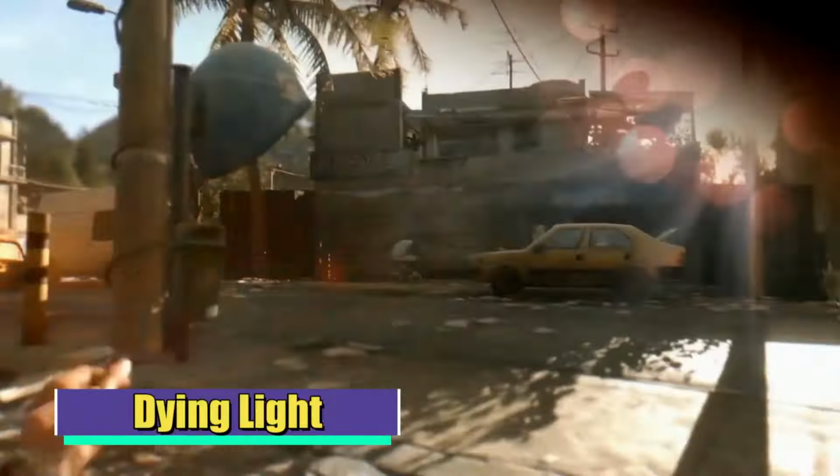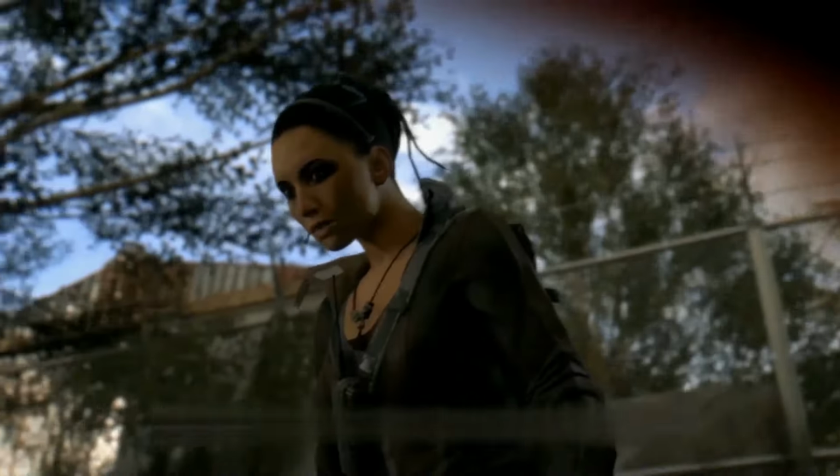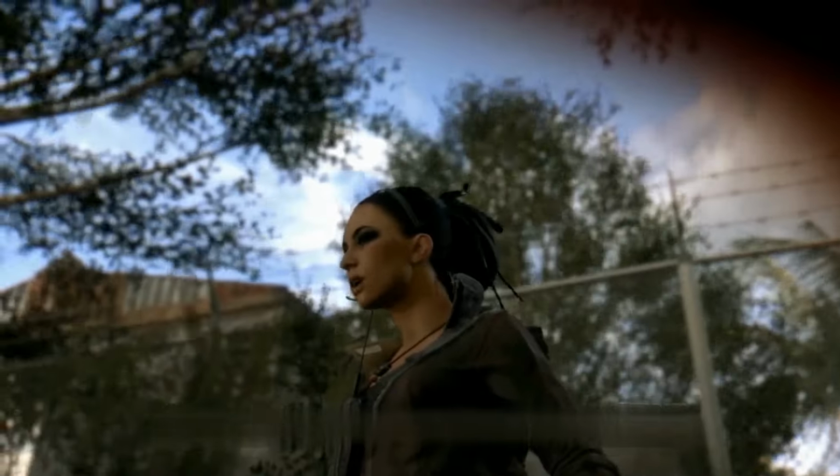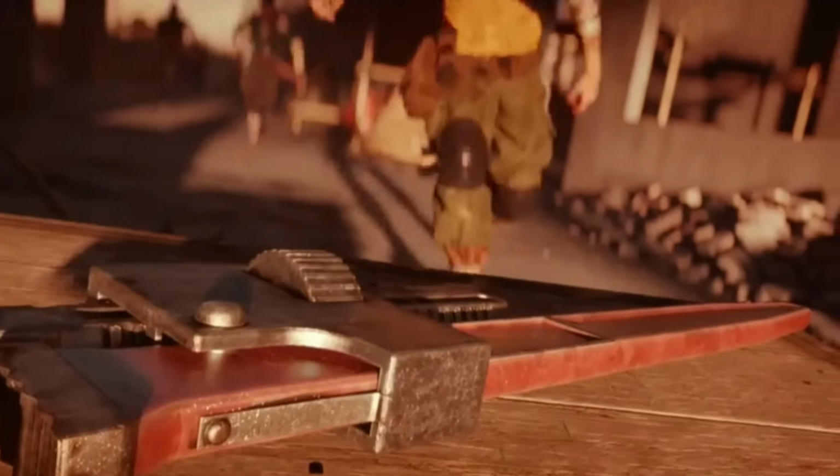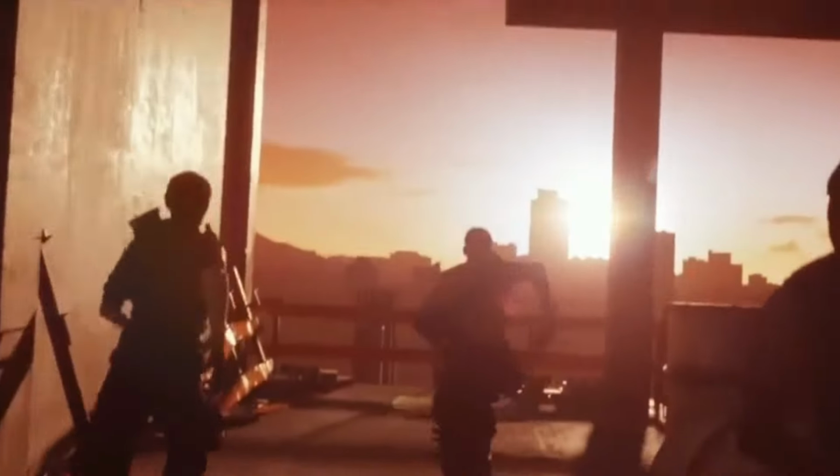Dying Light. Dying Light is what you get when you mix parkour, zombies, and a healthy dose of survival horror into one adrenaline-pumping game. You play as Kyle Crane, an undercover agent sent to the quarantined city of Heron, where the undead roam the streets, and survival is a daily struggle. The game's standout feature is its parkour system, letting you leap across rooftops, climb walls, and escape from the undead